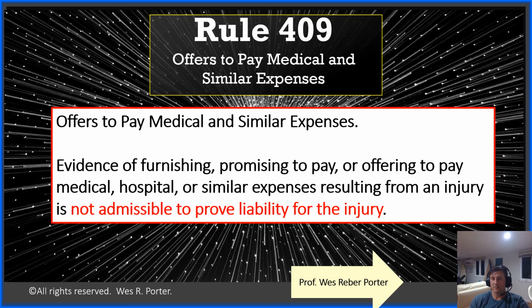It's going to be relevant. And don't forget on the back end 403, a promise to pay medical expenses is probably a very low probative value when you're doing that balancing under 403. So think about these policy rules as coupled with the other